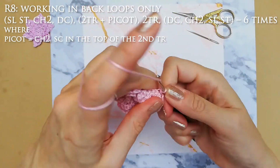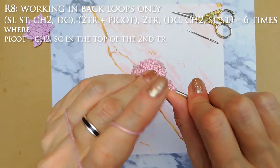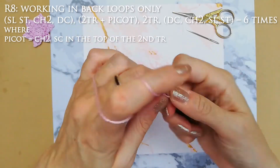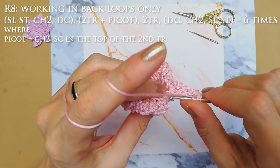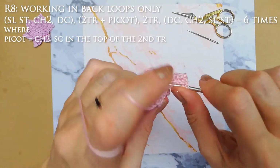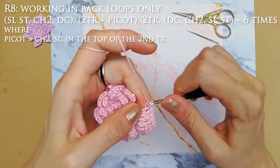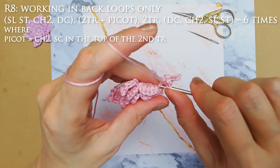In the next one, slip stitch, chain 2, a double crochet, 2 triple crochets, so that's the first one, the second one, chain 2, a single crochet in top of the second triple crochet, 2 more triple crochets, a double crochet in the next stitch, chain 2 and a slip stitch,